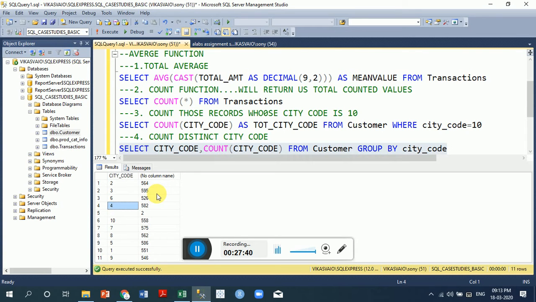If you calculate the sum of these counts, then you should get the total number of rows available in your table. So I am going to execute this query,